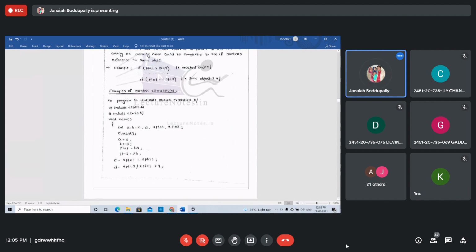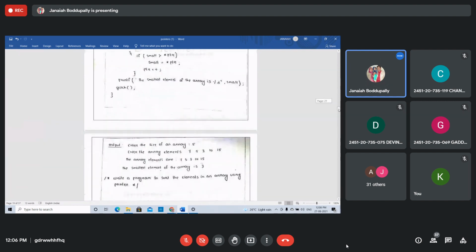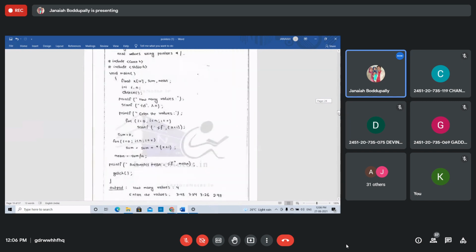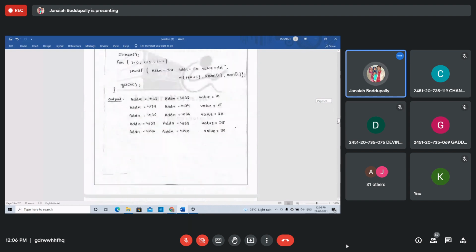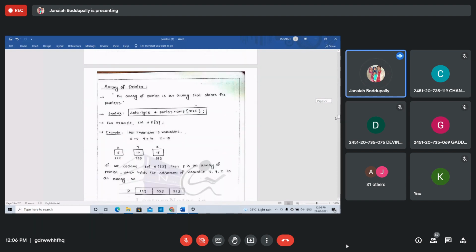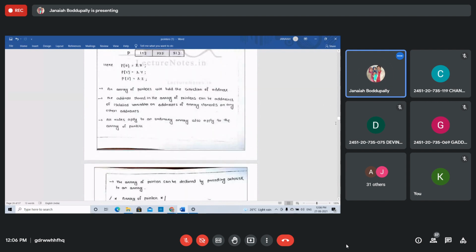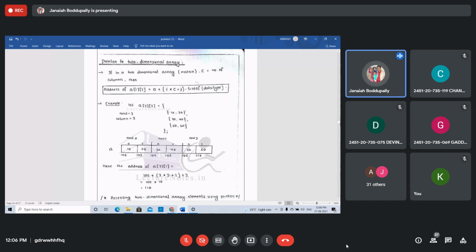Yes, two-dimensional array. Calculate the address location of a two-dimensional array using the pointer. How to calculate the address of a of i j?